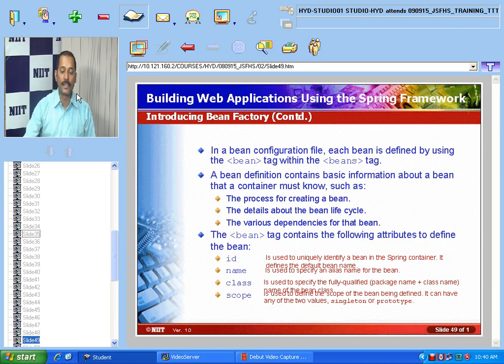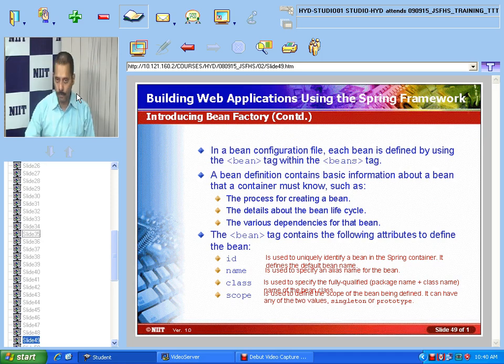When we are writing the code with the XML Bean Factory, we specify from which particular XML file, and which bean, we are going to take. In our JSP file or anything, if I want to load a particular bean, then we can use this.